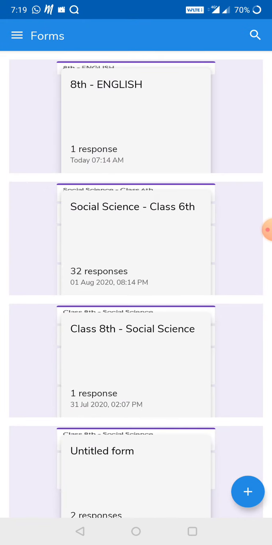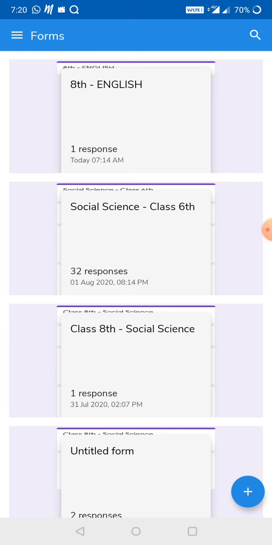Now the main thing is, management has decided that on the final assessment day, suppose we have an assessment of first class subject English on 10th of August, the principal ma'am will send you the link which you have to share with the students, and they will respond on that. Once the paper is over, ma'am will share a separate email ID and password with you, on which you will be able to see the responses of the students, and you need to check the paper.